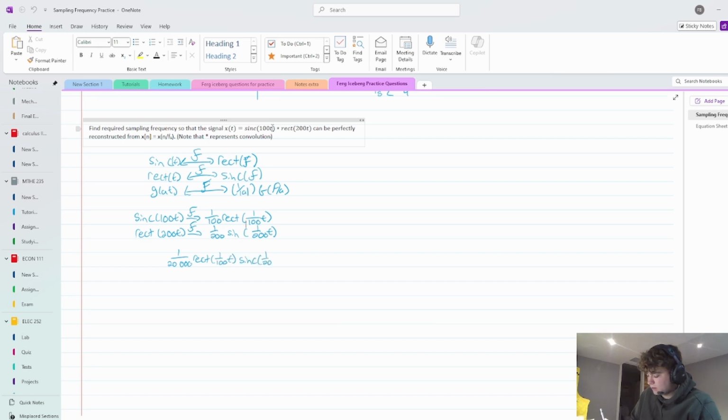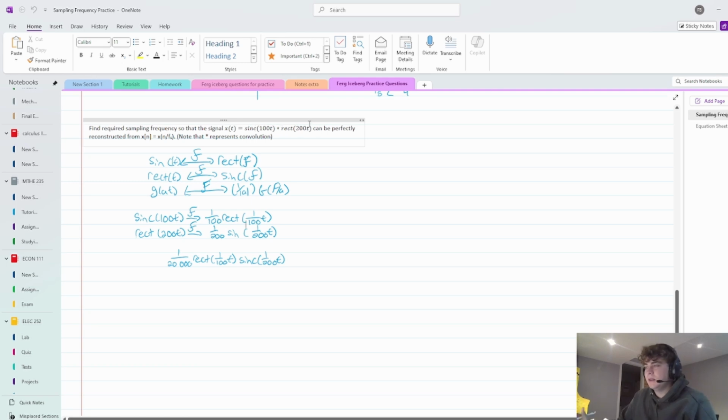Now the important thing to note here is that once again at the start, with this sinc 100t convolved with rectangular 100t, it's basically impossible to figure out what the maximum frequency is when you're convolving these two. It's hard to figure out. So that's why we did this Fourier transform in the first place, to try and make it easier. And looking at this, once again,